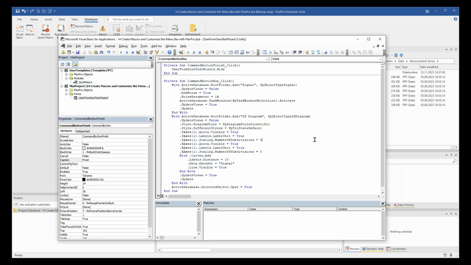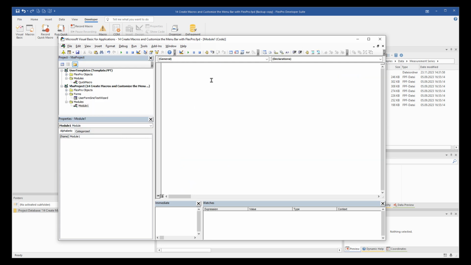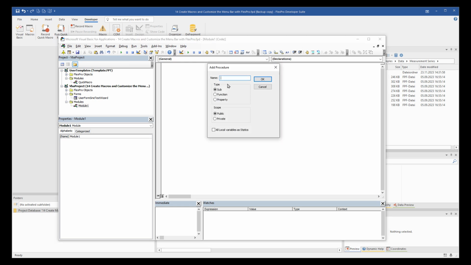I want to customize my ribbon and place a button that will open my wizard. Let's see how we can do that. I add a new module under Project Explorer, VBA Project, Insert, Module. Under menu Insert, Procedure, I insert a procedure named OpenSineTestWizard.